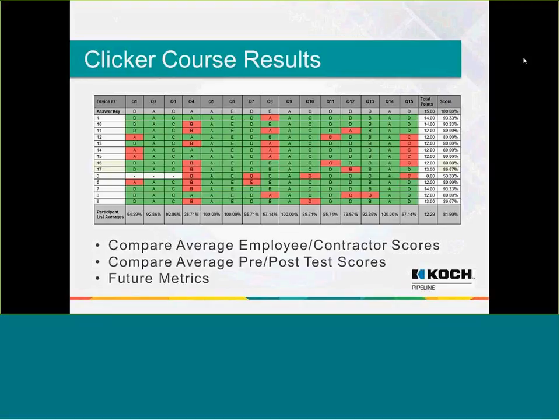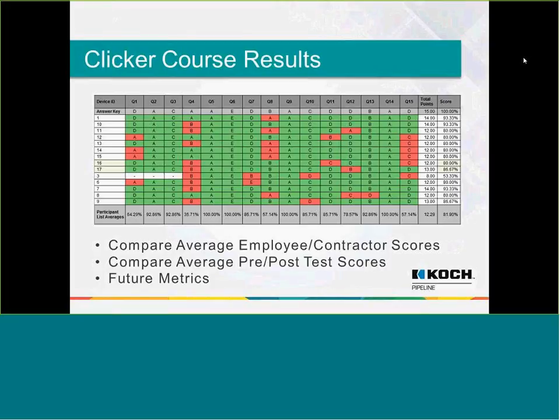We can compare question data, so question by question, which is the most missed, which one does everyone understand, and with that you can really get a better understanding of, did you cover that very well in class? Was it confusing? Is it just a knowledge gap that we have? So we're able to do that with all of our classes across the entire year, and also look at it from an employee standpoint. So they obviously get a score, they get a percentage, and all of that is put directly into our LMS system and given a training history for them.